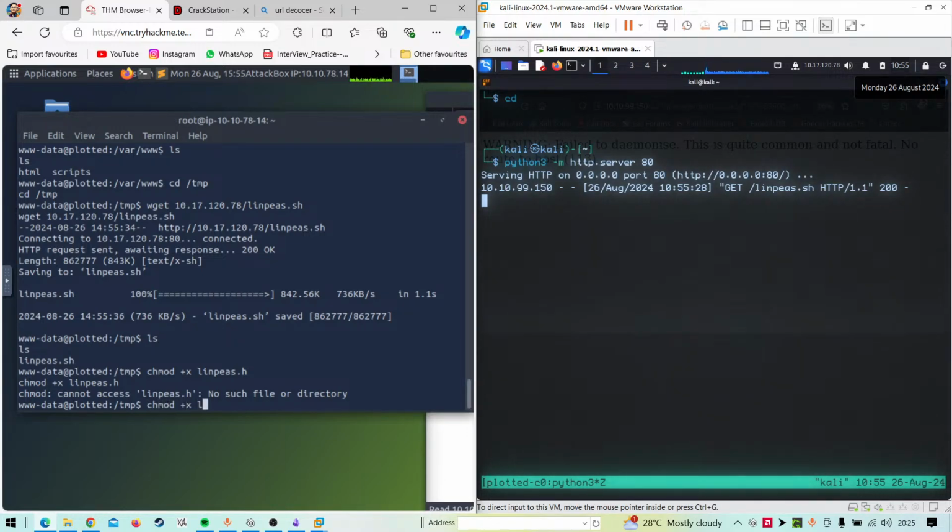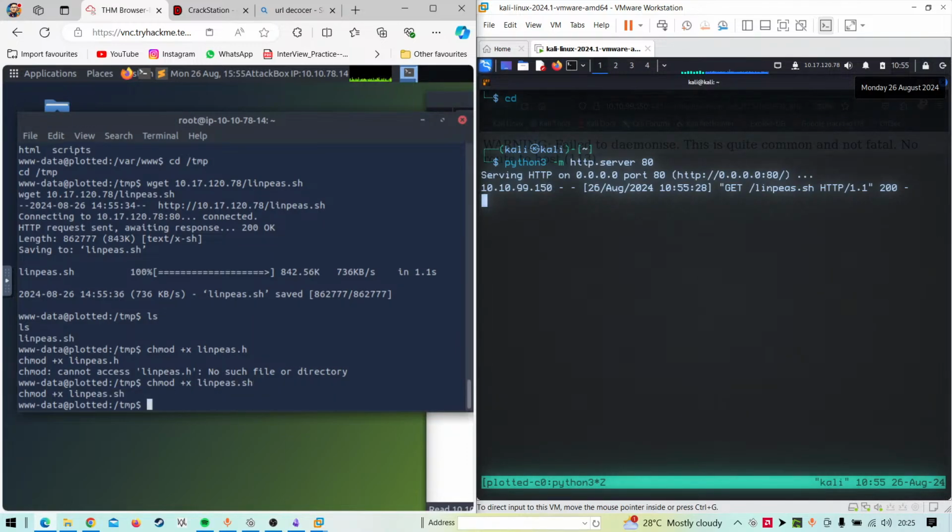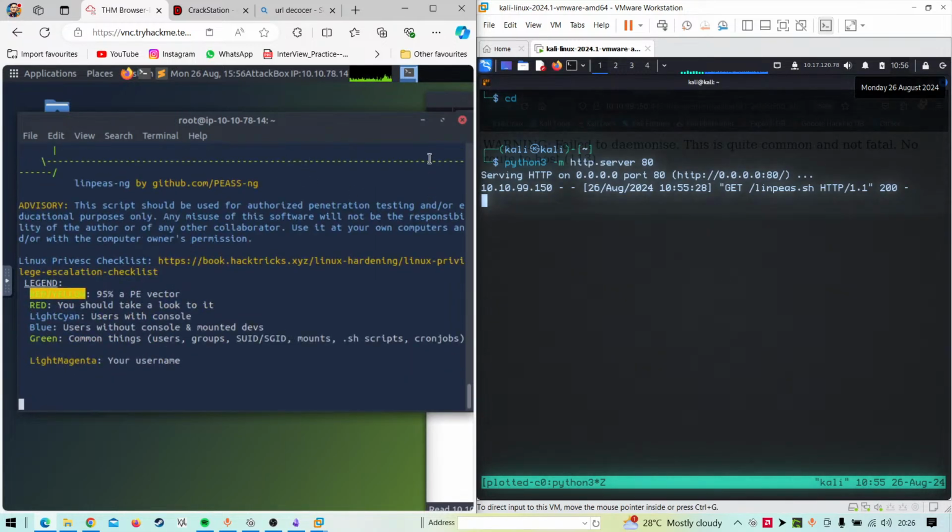So that's chmod +x linpeas.sh. And after that, we can just run linpeas.sh for enumeration and output to www/linpeas.txt. So just wait for a couple of minutes for linpeas to get started.